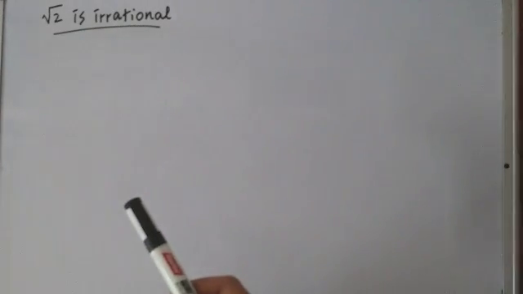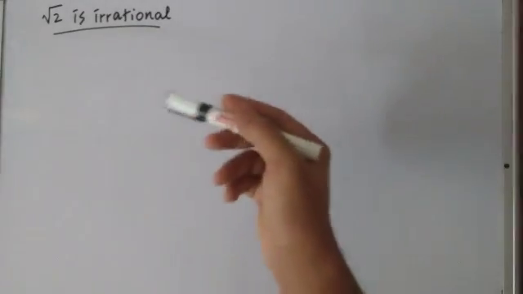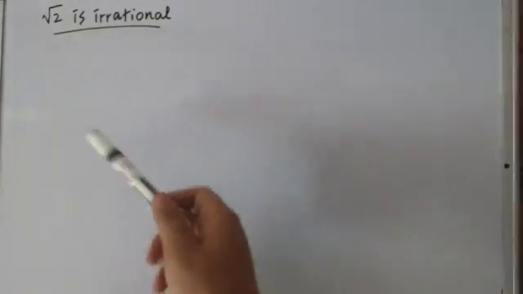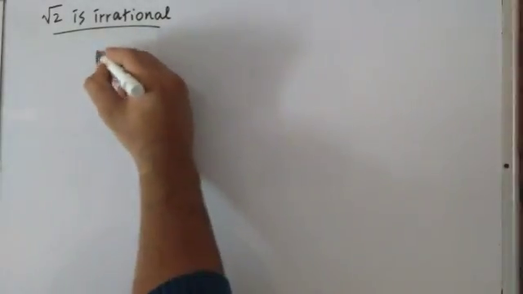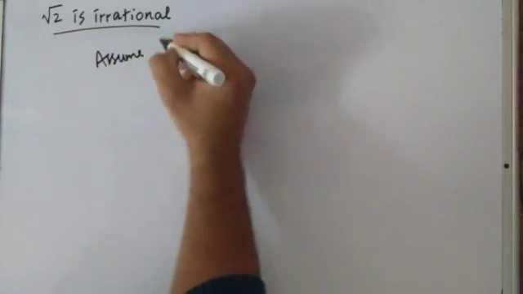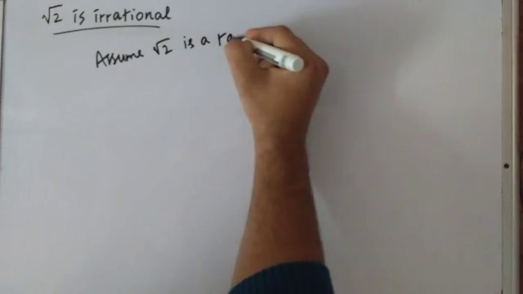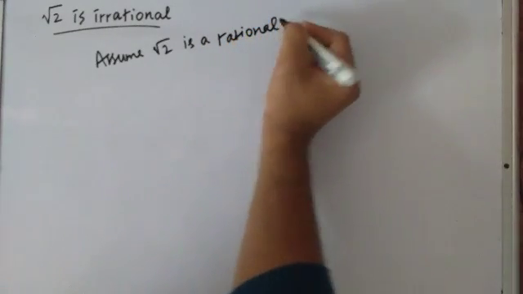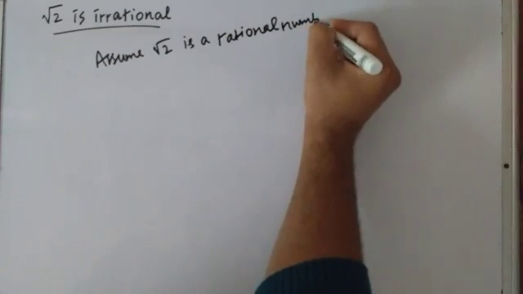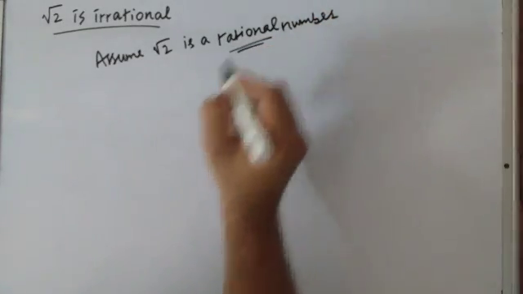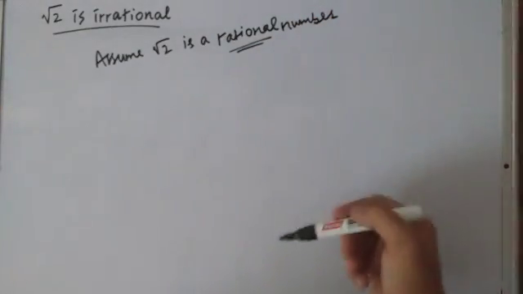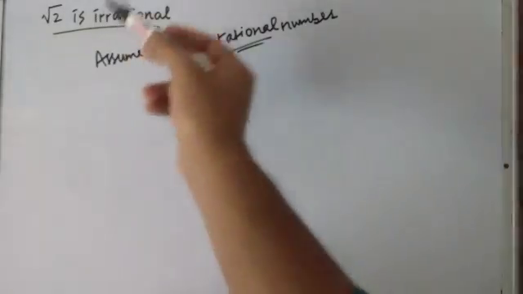Hi, in this video I'll show you the easiest way to prove that root 2 is an irrational number. We will prove this by a method called proof by contradiction. That means we'll first assume that root 2 is a rational number. And later on we'll prove that our assumption is actually wrong and that root 2 is actually irrational, which